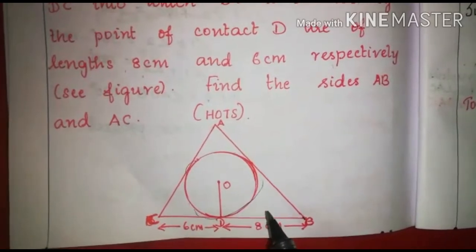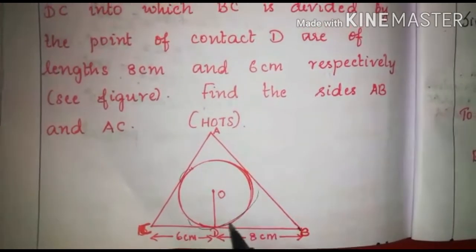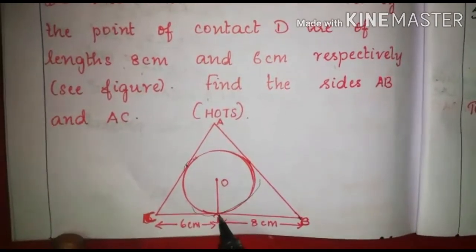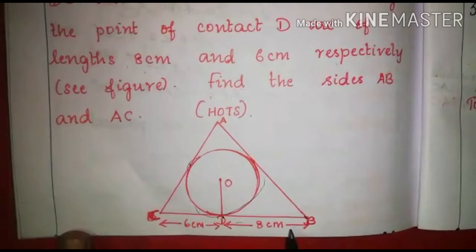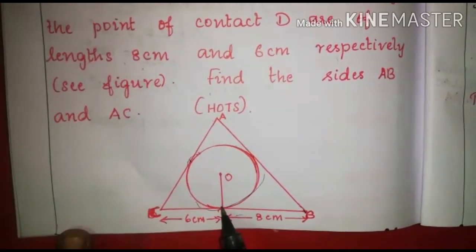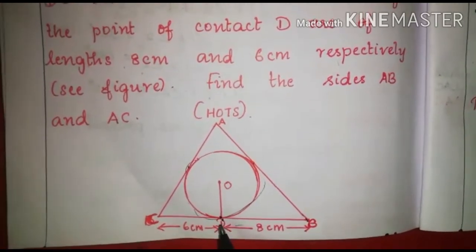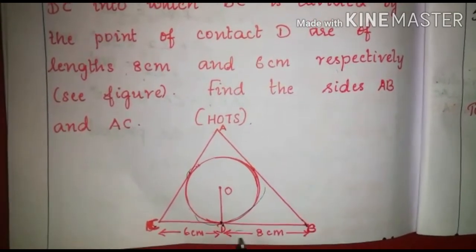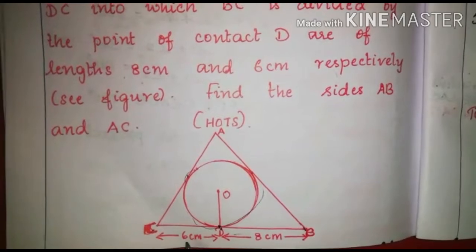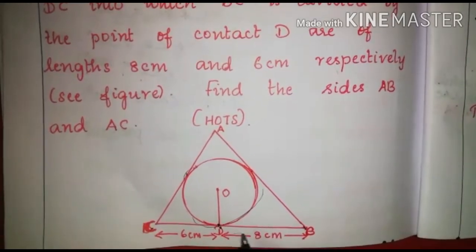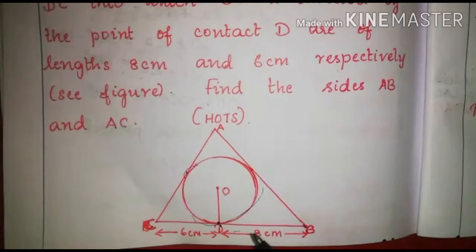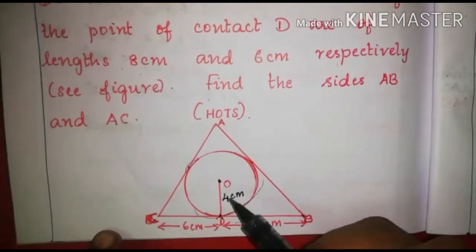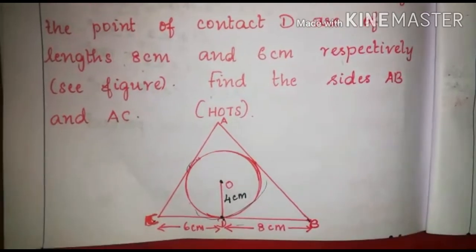As I said, circumscribes a circle means the circle is drawn inside the triangle and it touches all three sides at a point. Okay. So already one side measurement is given. Since D is the point of contact of the circle with the triangle, the side is divided into two parts, that is CD is one part and BD is another part. So C to D the measurement is 6 cm, and B to D is given as 8 cm, and the radius is given as 4 cm. So from the center to the point of contact is 4 cm.